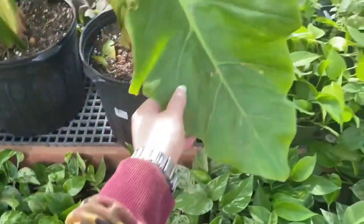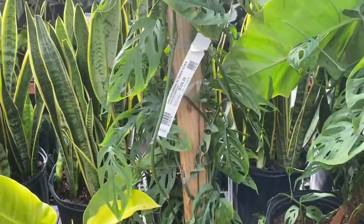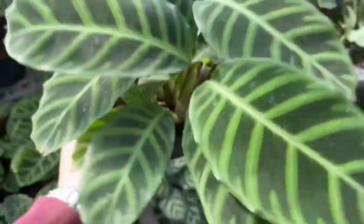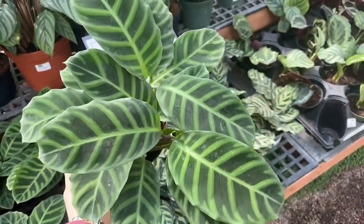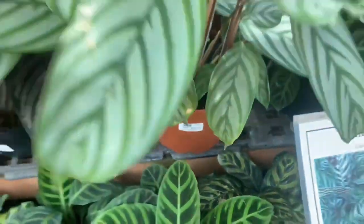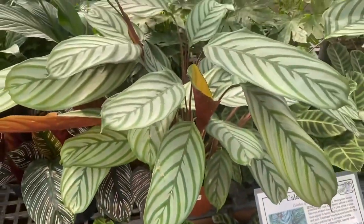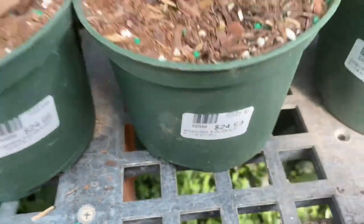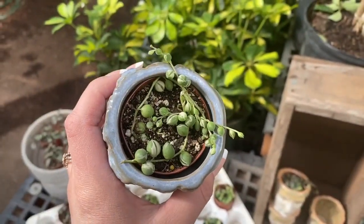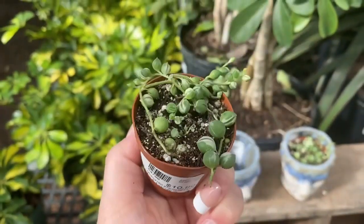This area has more of the philodendron variety than anything. Little Swiss cheese monstera for you on a moss pole. That one was $13.99, and then we have a nice little calathea for $31.99. Another variety of calathea too. They did have a lot of calatheas at this nursery that day, and that was a variegated string of pearls